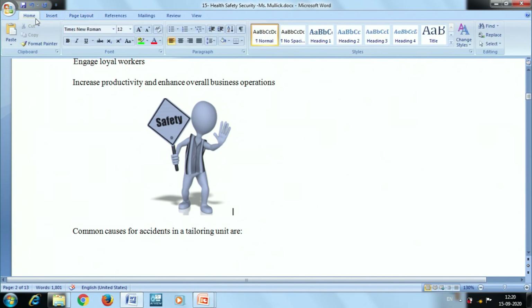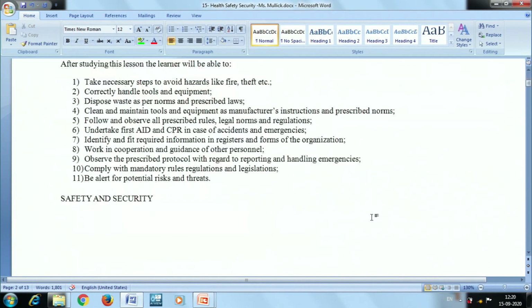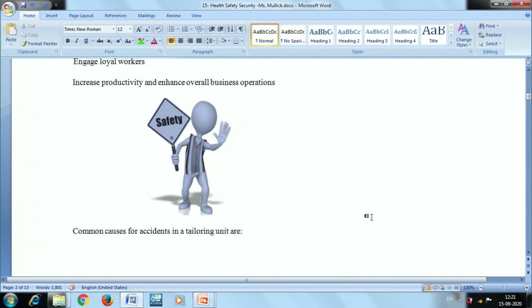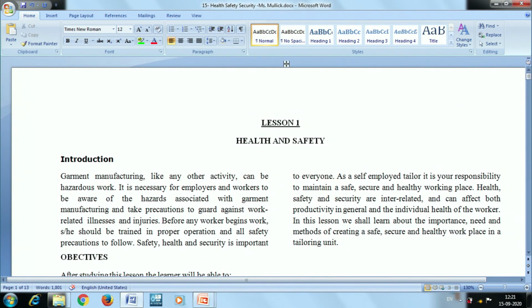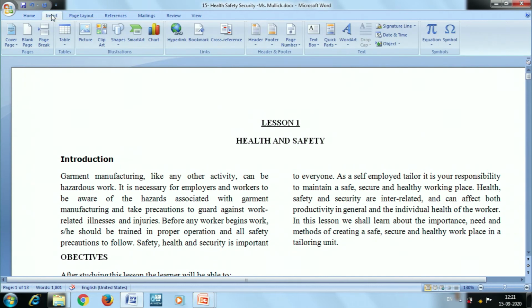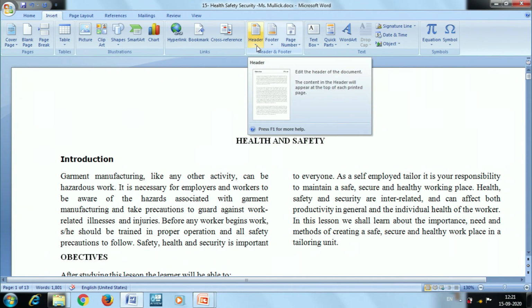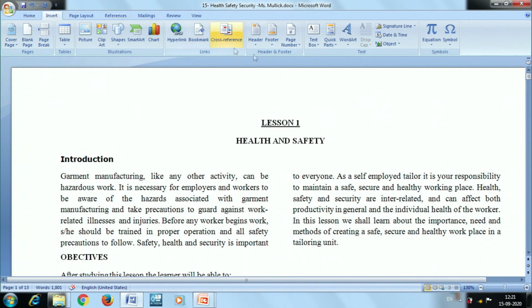And when you're formatting a document, obviously you should insert the header or footer information, because the header may have the same information throughout all the pages. So if I want to give header information, and if I want to add a footer also in my document, I have to click the insert tab, then choose header. To add a header, I will choose insert header. Then if I want to add a footer, insert, then footer info. I have to click.